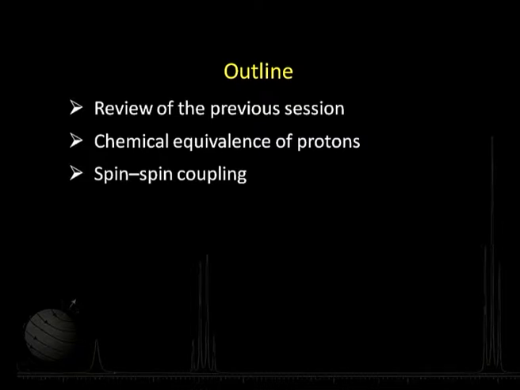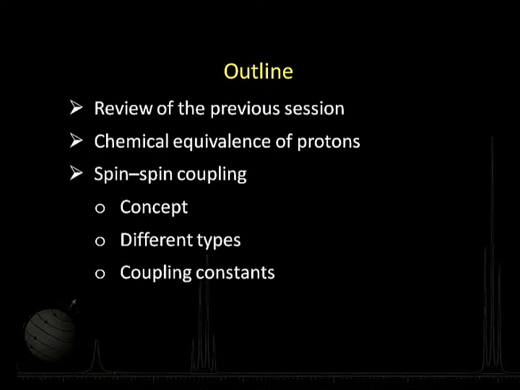What do we mean by that? How does it happen? In this context we will talk about the concept per se and then move on to different types of systems. We will take some systems and see what kind of coupling comes into picture. Then we will put things together in the form of a rule. Having done that, we will talk about the coupling constant, a measure of interaction between two different nuclei in the neighborhood of each other, and then towards the end we will sum up what we do in today's session.